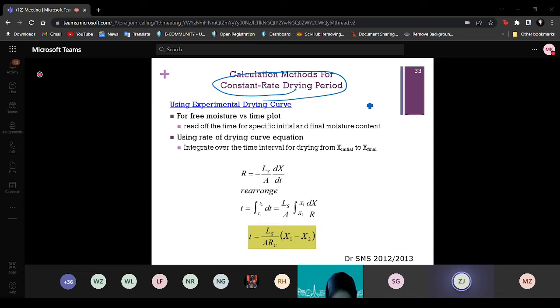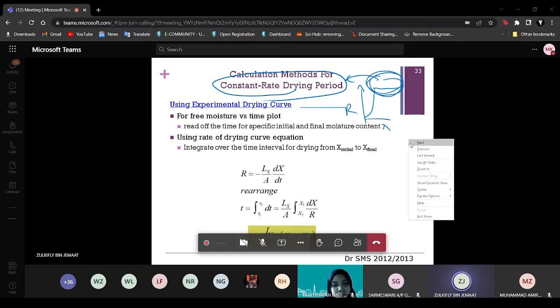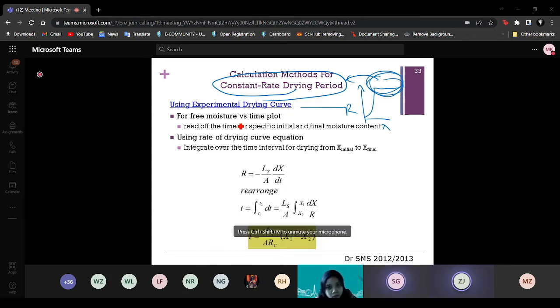Constant rate kat mana? Kalau kita draw R versus X ni, you ada kat sini and then kat sini. So kita akan fokus kat sini. Dekat constant rate sahaja ini. Okay, what is the equation you can use? Okay, to calculate maybe time for drying, maybe rate of drying. So depends. Okay, what the area required, for example. Okay, so to calculate those time for drying or even the final moisture content, the area,